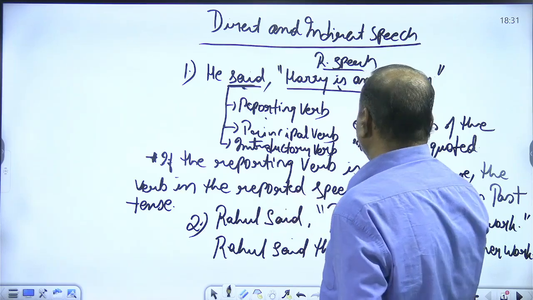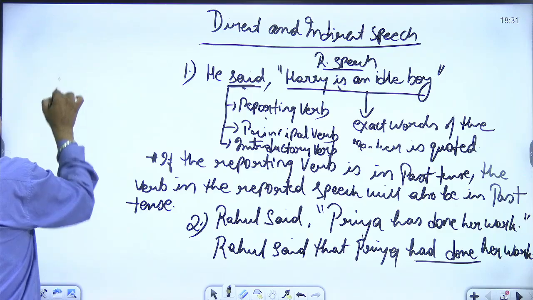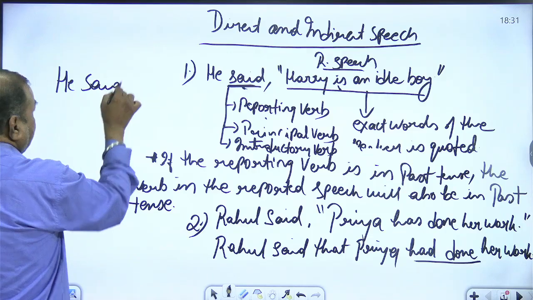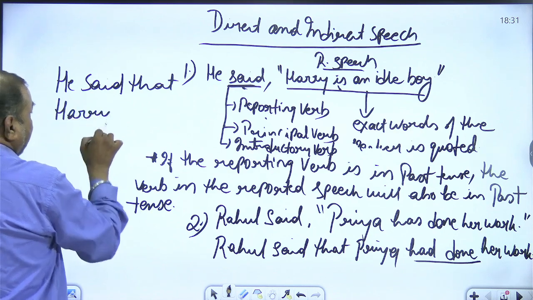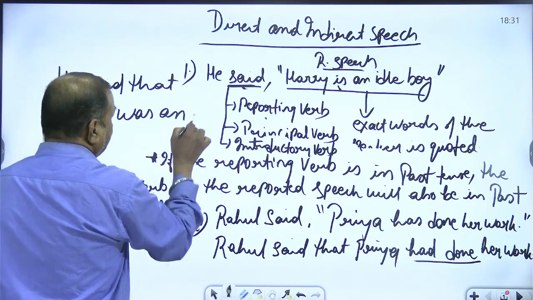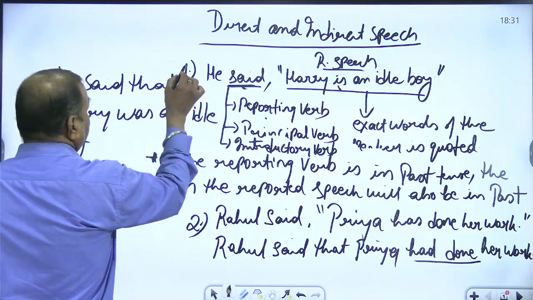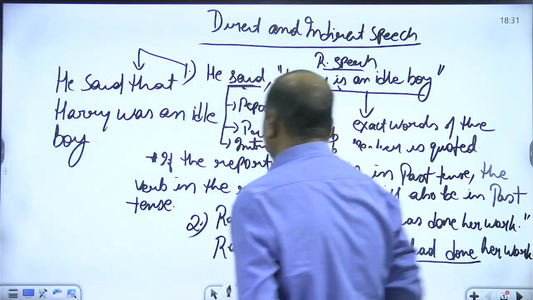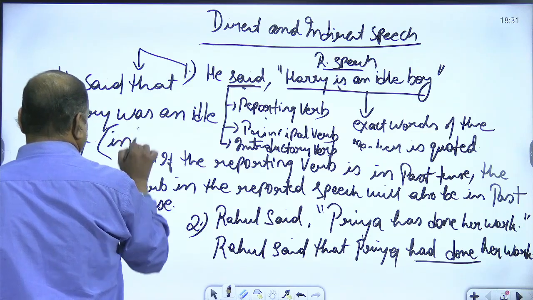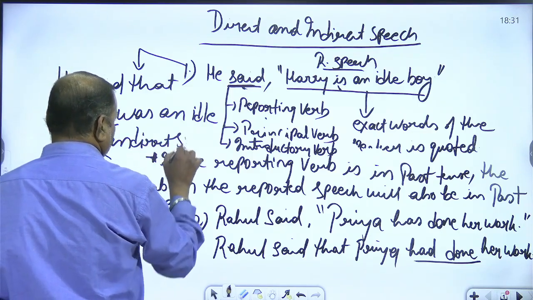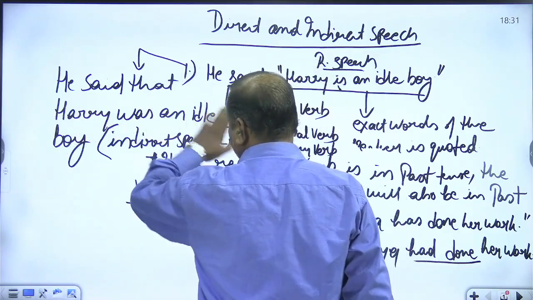तो इसका क्या हो जाएगा, he said that Harry, प्रॉपर नाउन है, H कैपिटल से लिखेंगे हम लोग, Harry was an idle boy, ये इसका सोल्यूशन है। इसका was हो गया, ये इनडायरेक्ट स्पीच है। अब इसमें सेंटेंस एक तरफ से गया, he said that Harry was an idle boy, लास्ट में